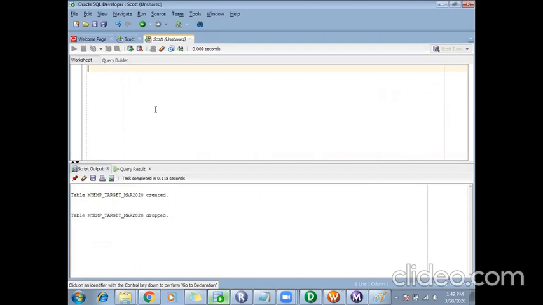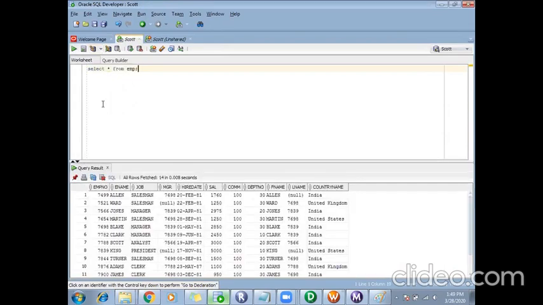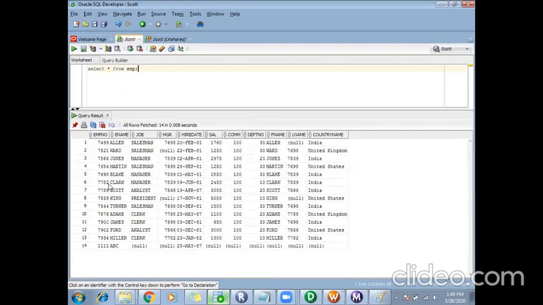Once you import the Scott schema into your database, we can use the tables in that schema. You will get a table called EMP. This is one of the tables in the Scott schema. This table has the details of an employee: employee number, employee name, job, manager ID, hire date, salary, commission, department name, first name, last name. Country name is something which I have added. It won't come in the Scott schema. I can alter this table as I want. I can add a record, I can add a column, I can delete a column, I can alter it.